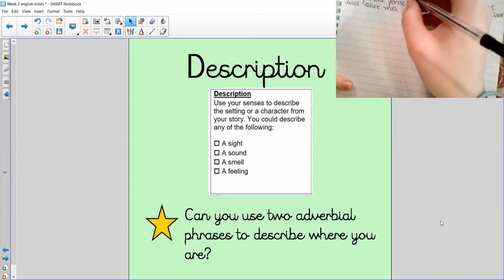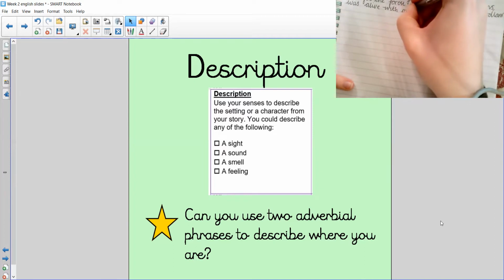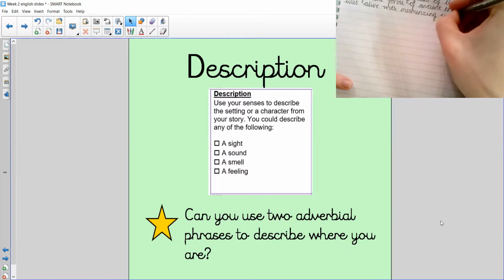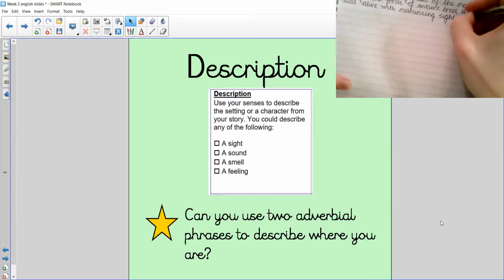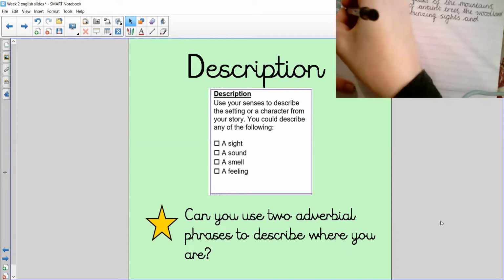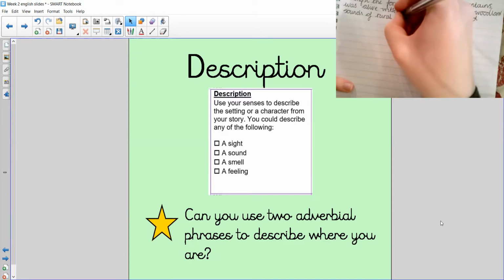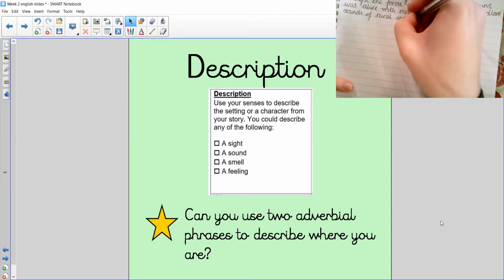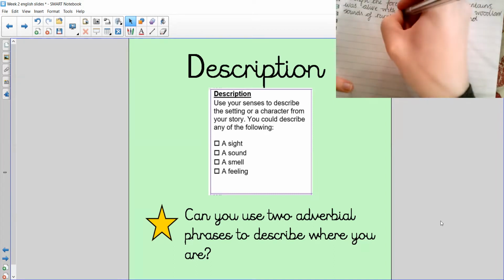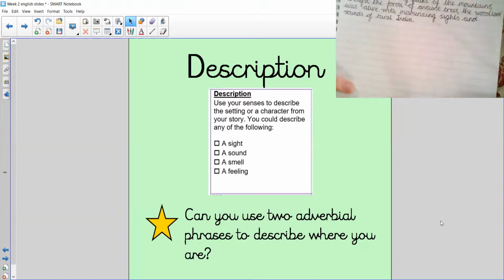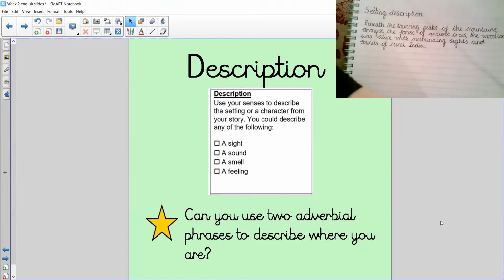However, I want an adjective to describe that. I'm going to go with mesmerizing. I like this word, mesmerizing. You can probably tell I use it quite a lot. Okay, with the mesmerizing sights and sounds of rural India. Oh, and I've just made a mistake there because I've not done a capital I. Just going to change that. India, even though India is a proper noun. Full stop. Okay, so there is my first sentence. So let's just read it back.